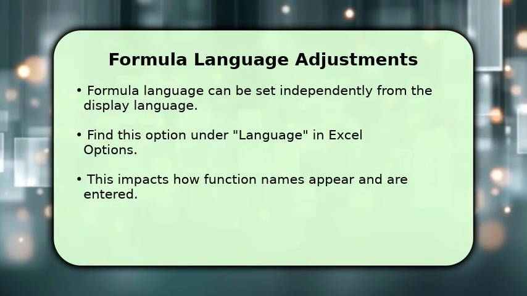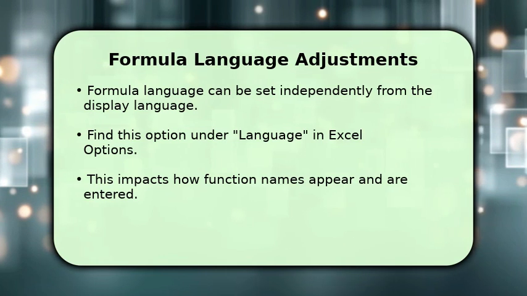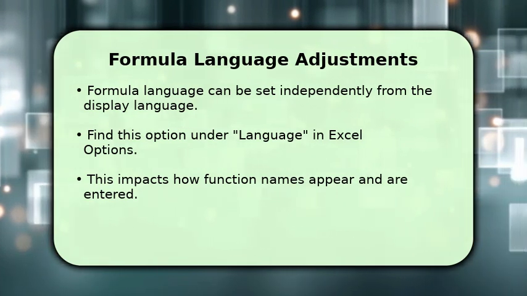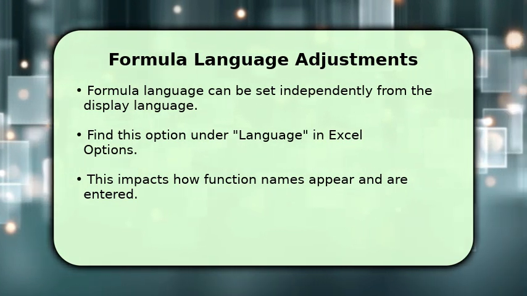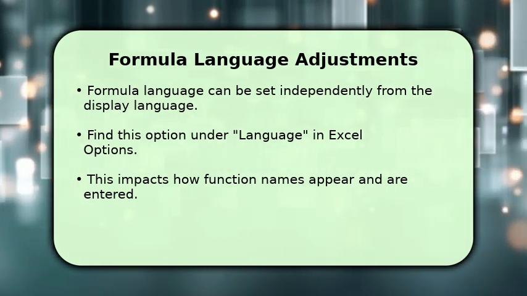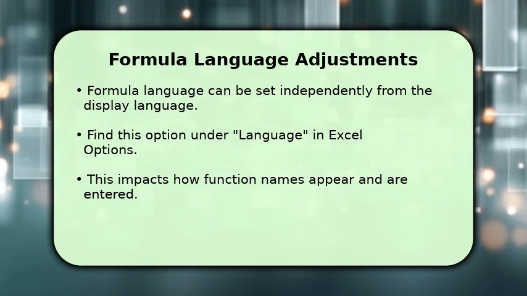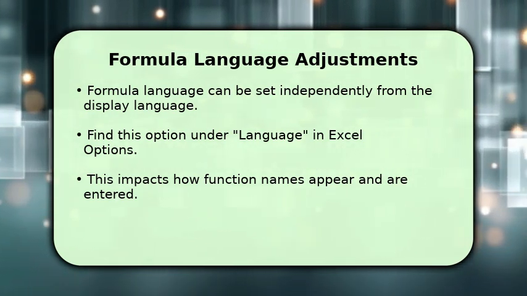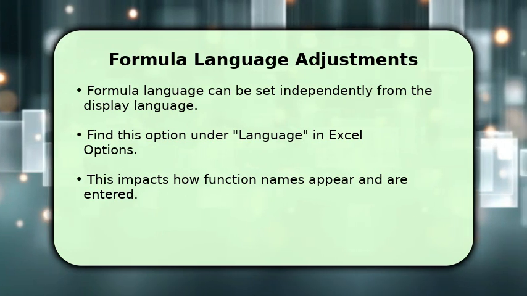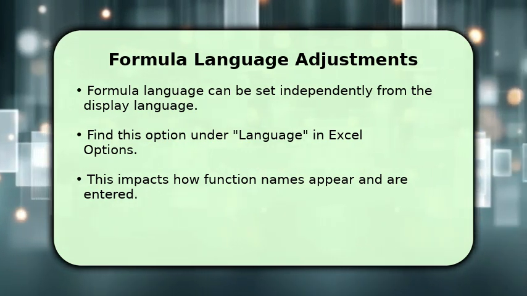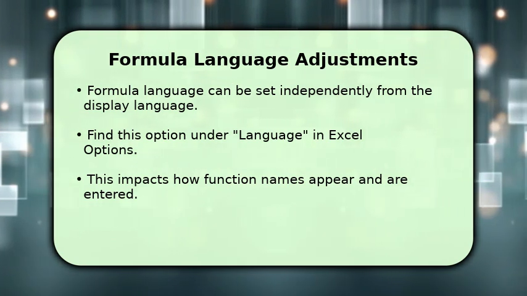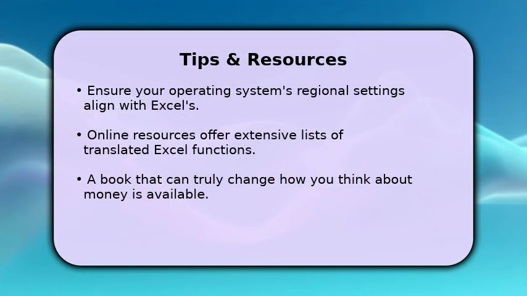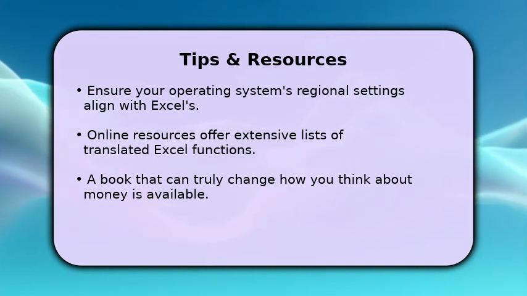Now let's tackle formula language. In the same Language section of Excel Options, look for Office Authoring Languages and Proofing. While this primarily affects proofing tools, some versions of Excel allow you to specify a formula language here or through regional settings. This ensures that when you type a formula like SUM, it's recognized correctly in your chosen language, such as SOMME in French. For a seamless experience, it's often helpful to ensure your operating system's regional settings match your